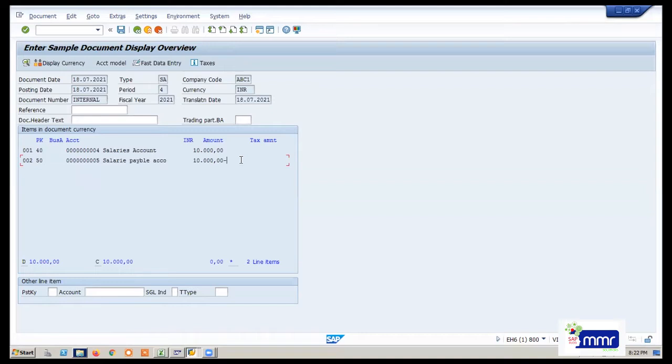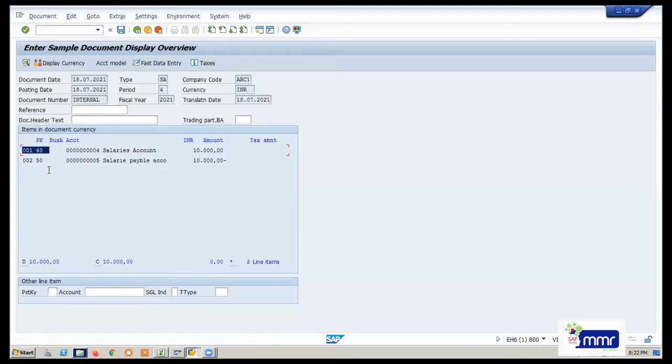Once you simulate, you will see these minus values and plus values. Then you can understand whether the posting keys you have given are correct or not. You given 40, it takes plus, that means debit. You given 50, it takes minus, that means credit. So the posting keys which you mentioned are correct. This is the way you can do it manually if you don't know the debits and credits on the screen.